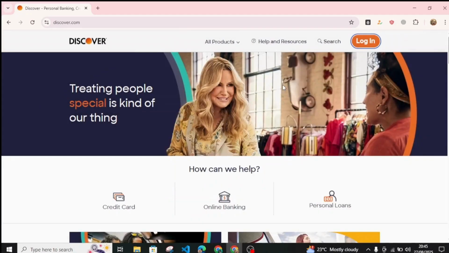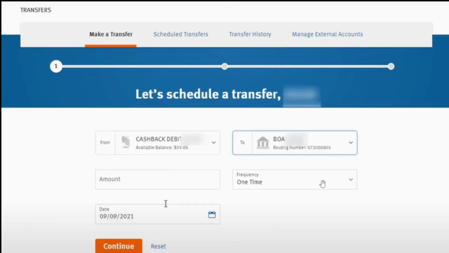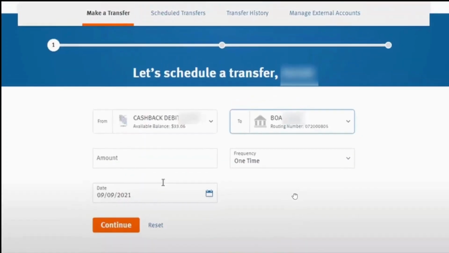And once you do all of that, what you need to do is select the transfer or pay and transfer option from the menu. And once you locate that menu, after successfully logging in, you just have to choose wire transfer to initiate the transfer. And if it's your first time using the service, you may need to accept the service agreement